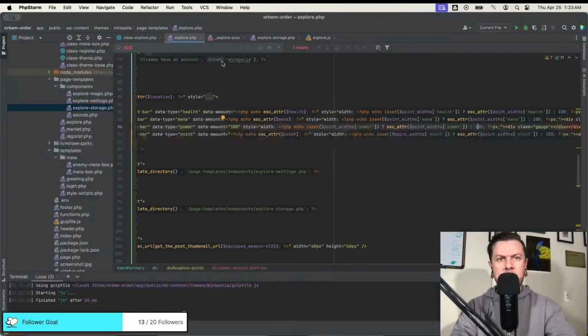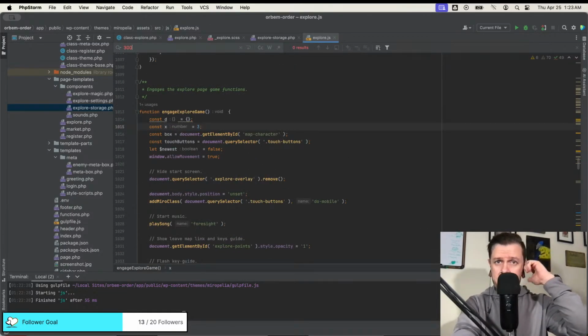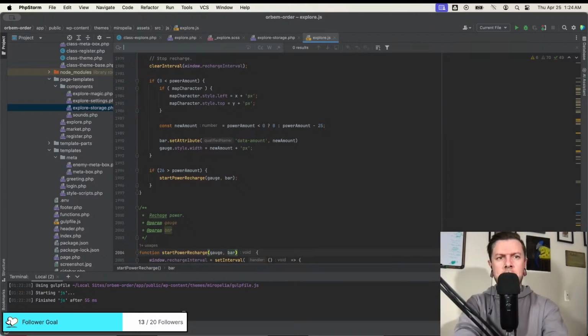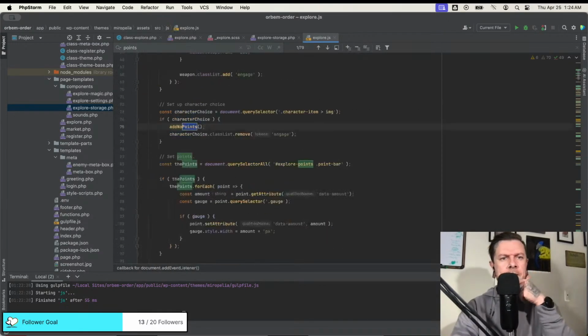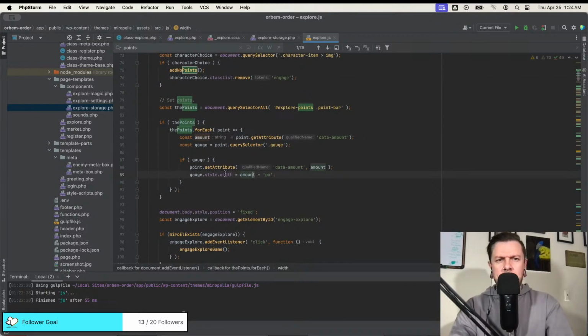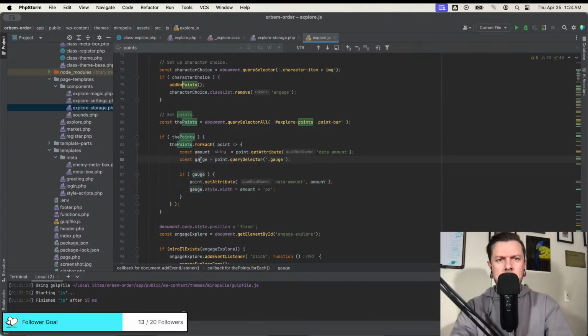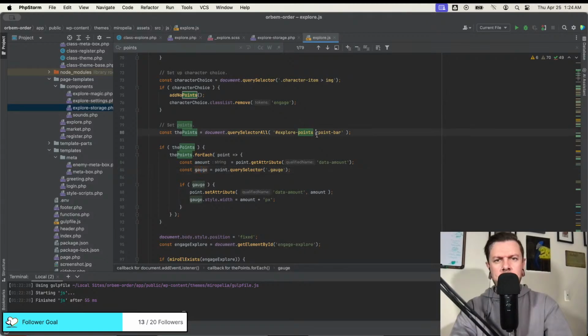Let's see, where is that coming from? 300? Is no longer in here. Let's do power. Oh no, let's do points. Let's see. Gauge width amount. Data amount. No, that's gauge width. I need point bar width. So let's do point bar.